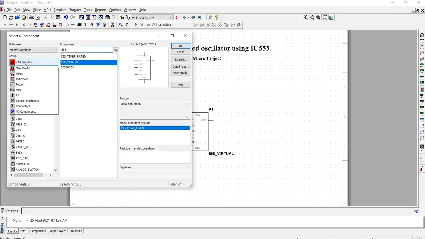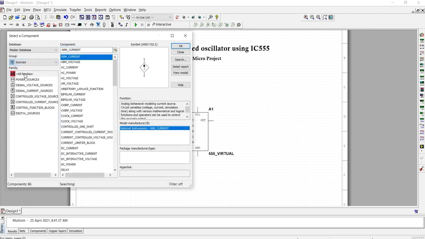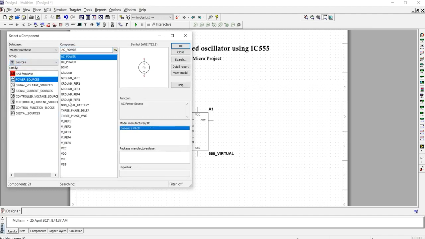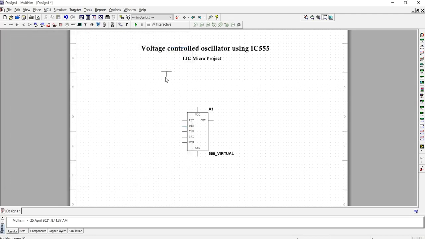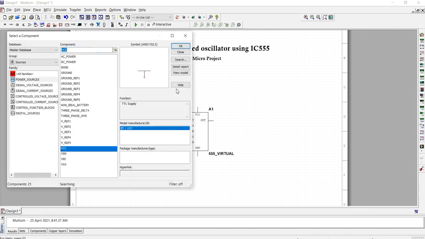Now select source, and power source, and select the VCC component. We use VCC to provide a 12 volt power supply to this circuit. Next, select ground for grounding this circuit.